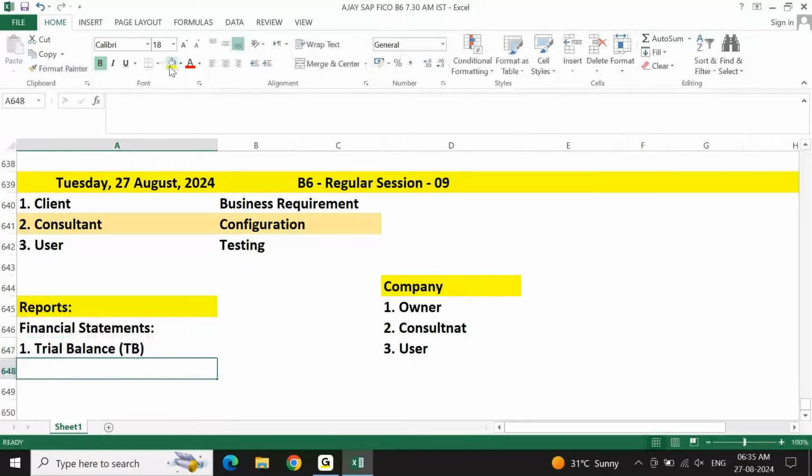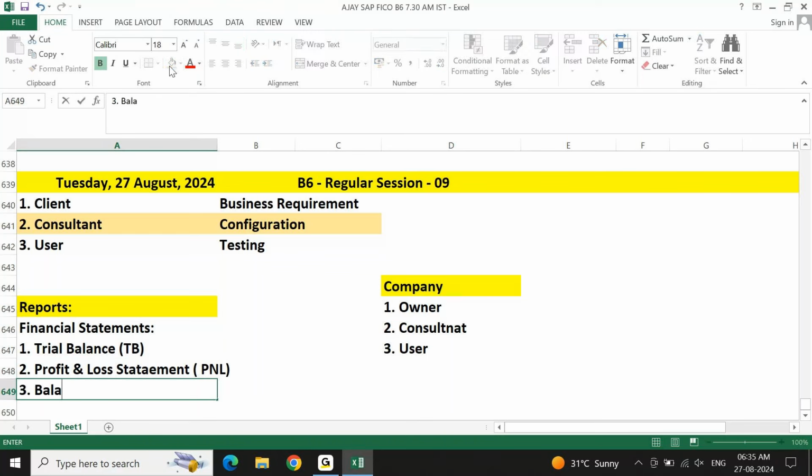Second one is profit and loss statement, which is nothing but P&L. Third one, balance sheet, which is nothing but BS.